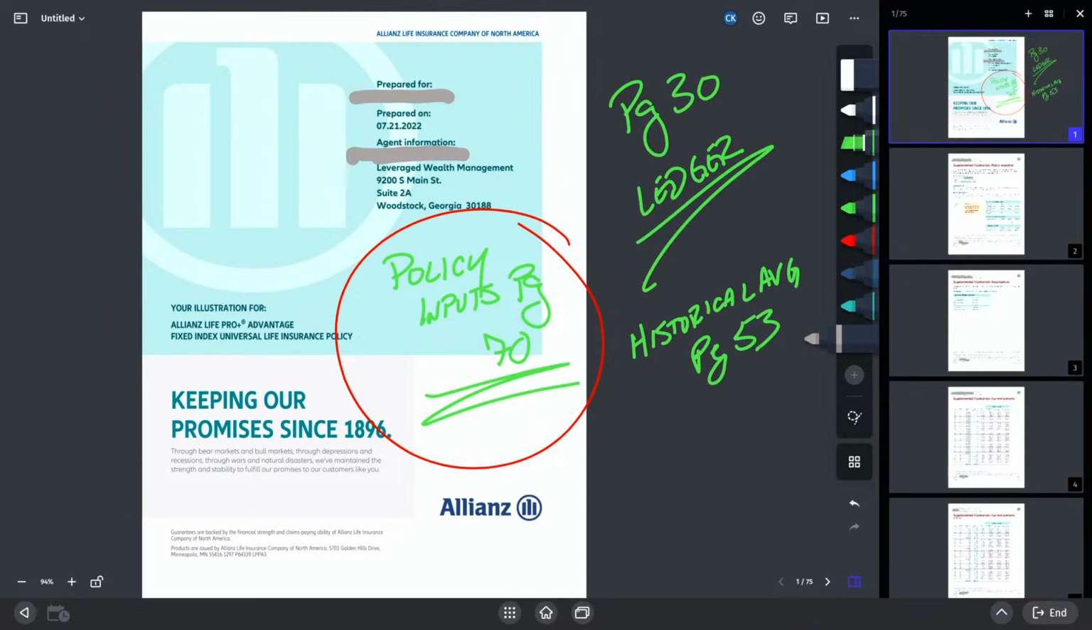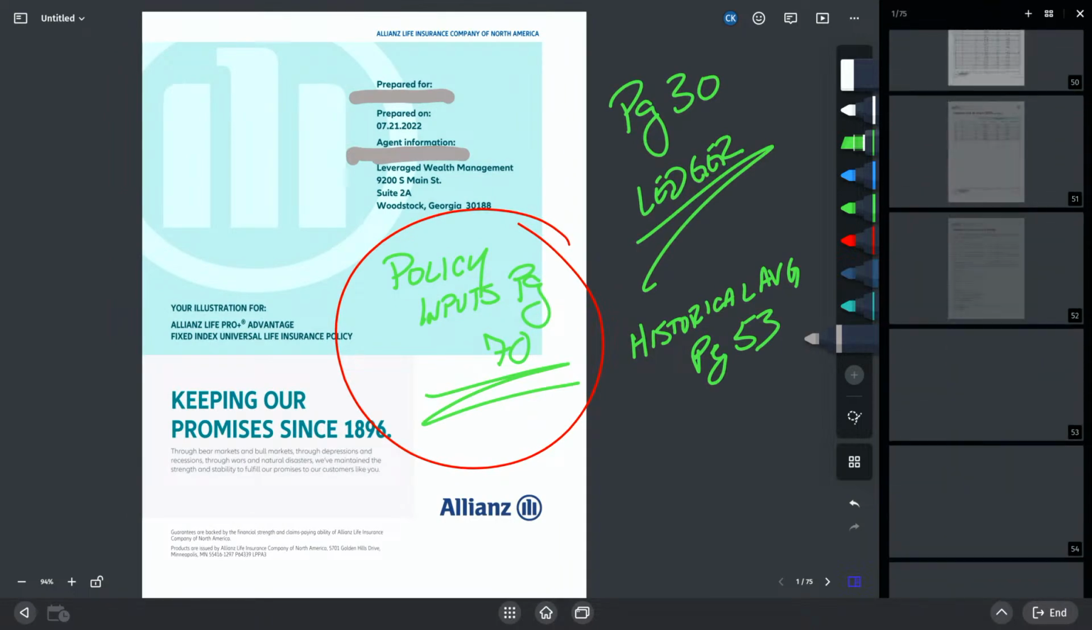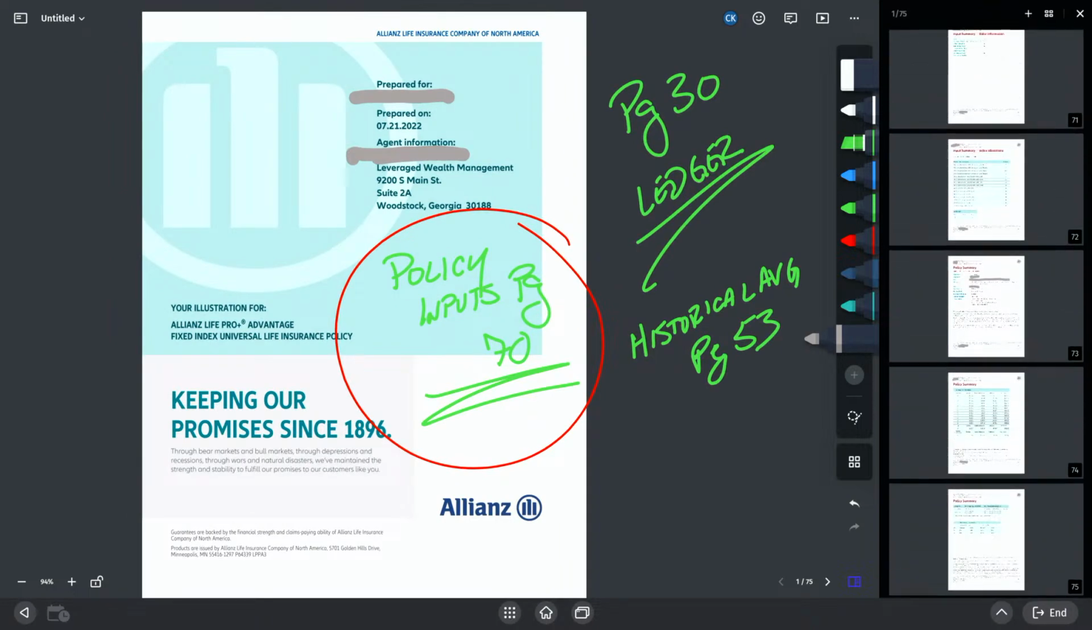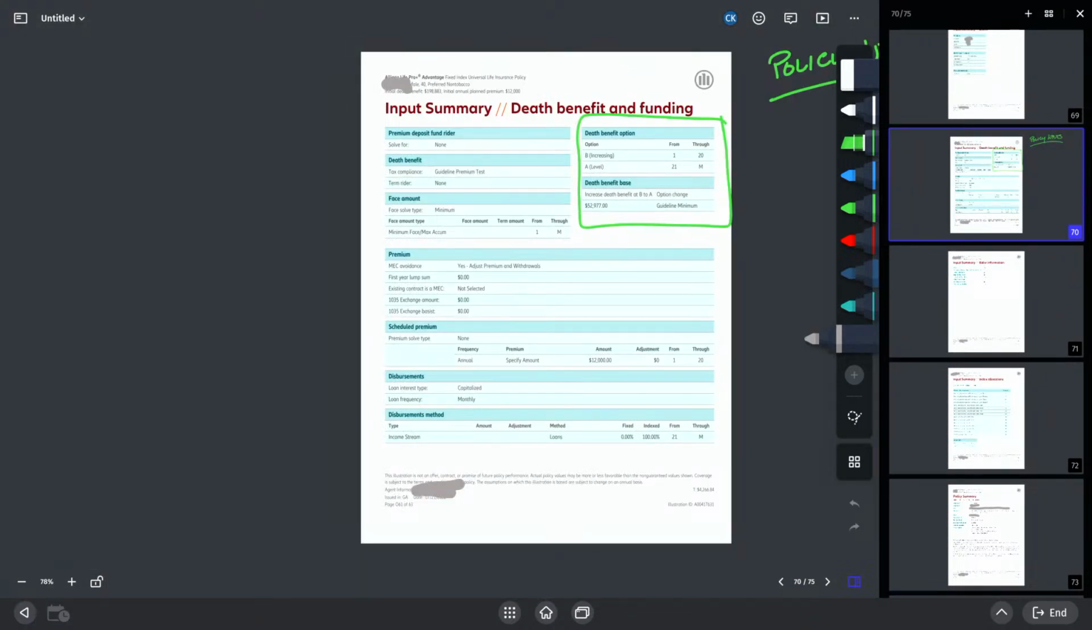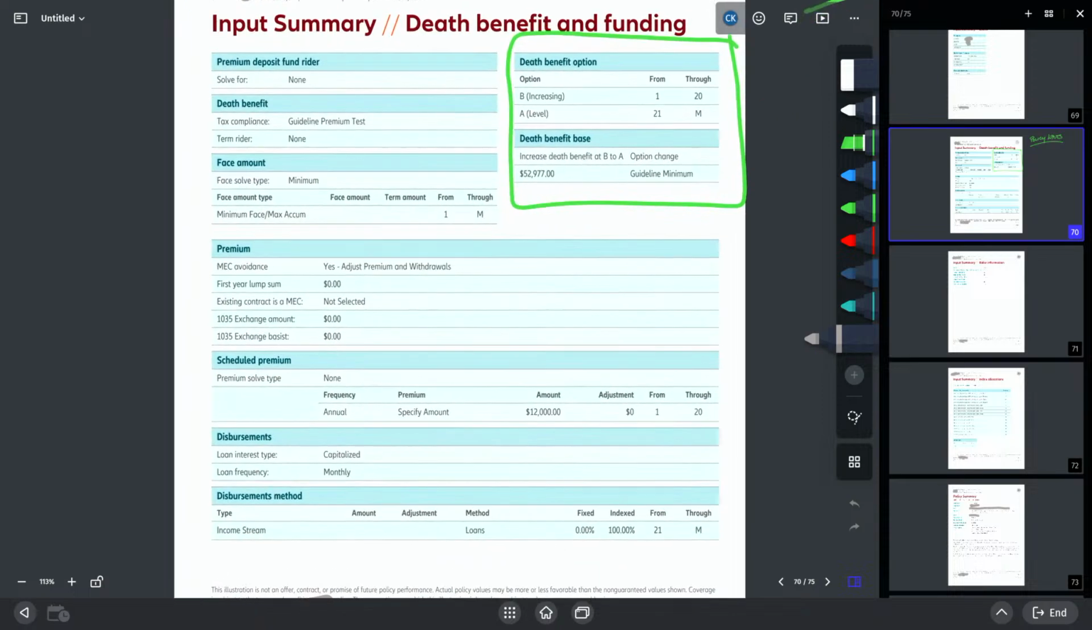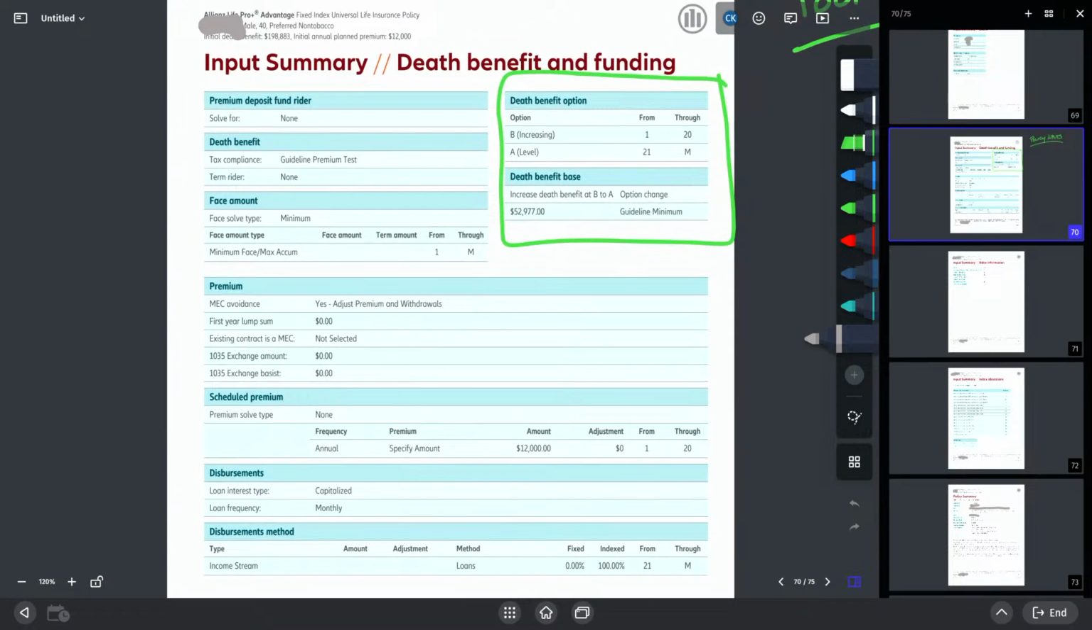So before I do anything, I'm gonna pop down to page 70. I wanna focus on the policy inputs so you can kind of see what those are. I wanna talk fundamentally, philosophically about these policy inputs and what it's all about. Now, you can see that we have an option